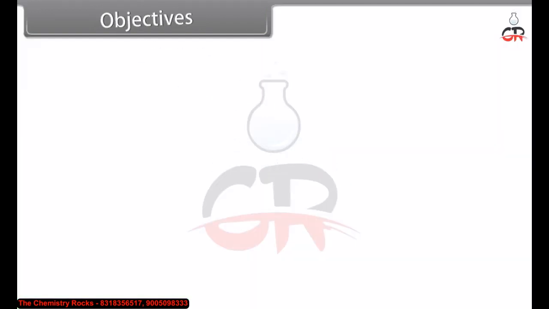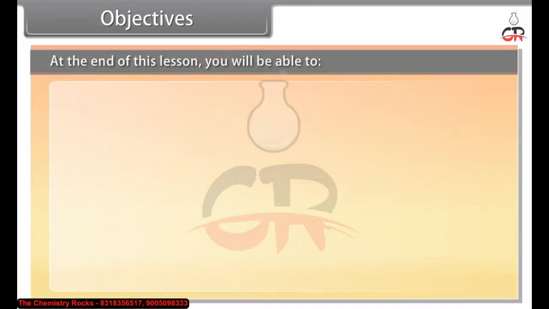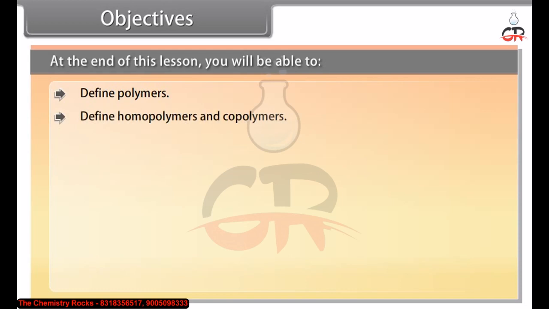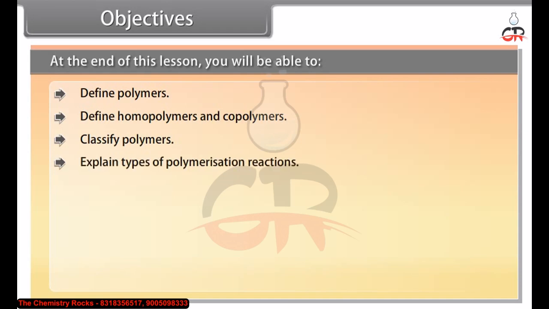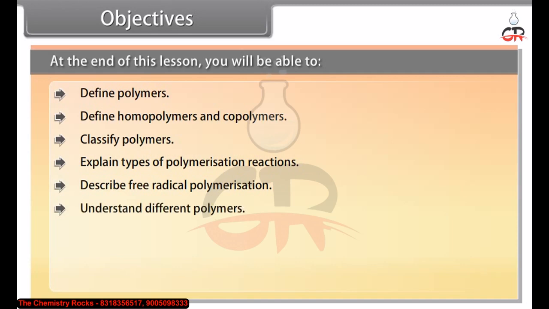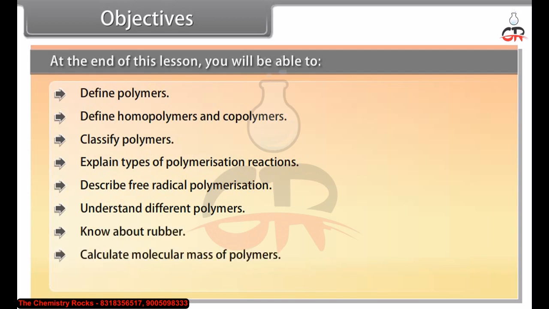Objectives. At the end of this lesson, you will be able to define polymers, define homopolymers and copolymers, classify polymers, explain types of polymerization reactions, describe free radical polymerization, understand different polymers, know about rubber, calculate molecular mass of polymers, define